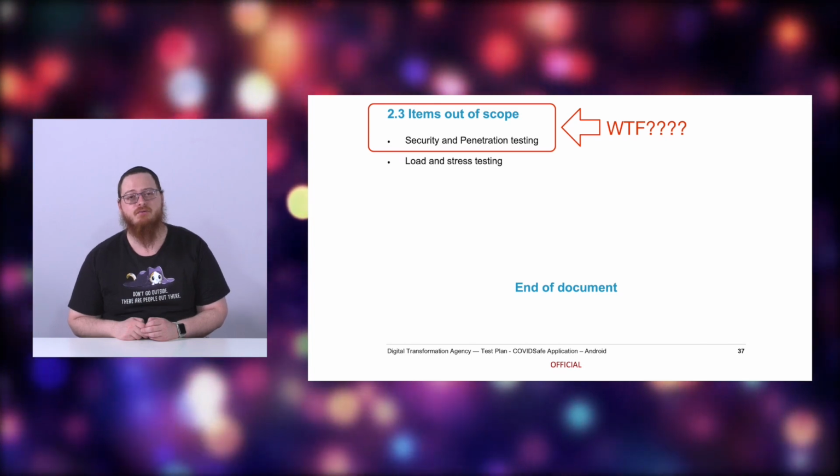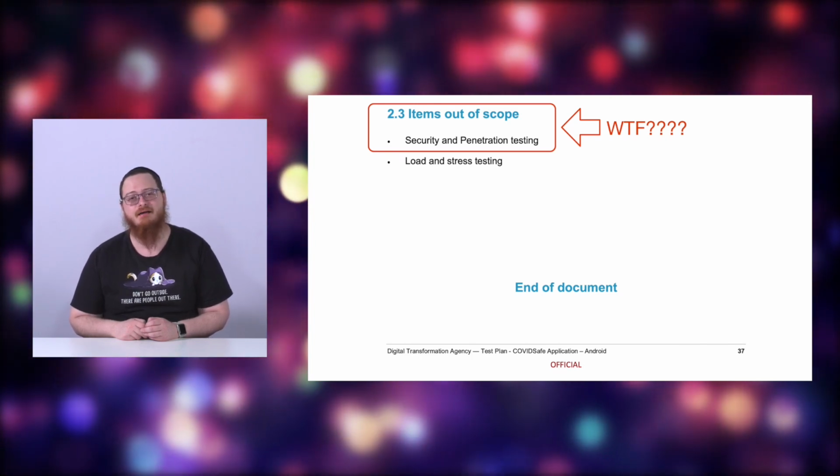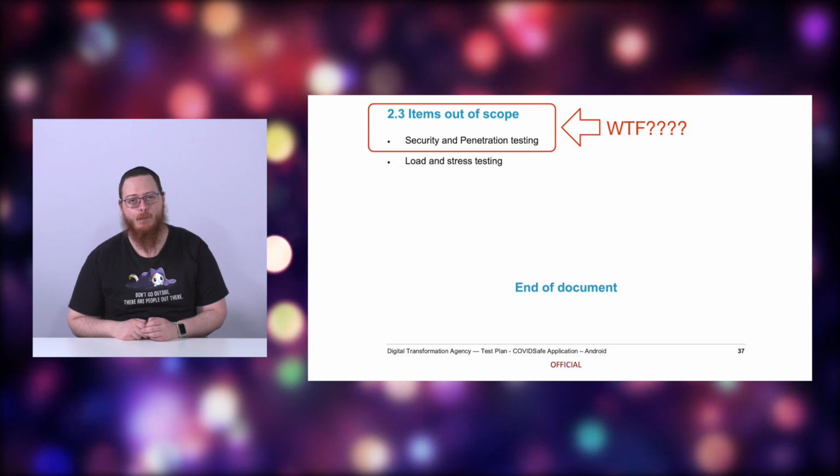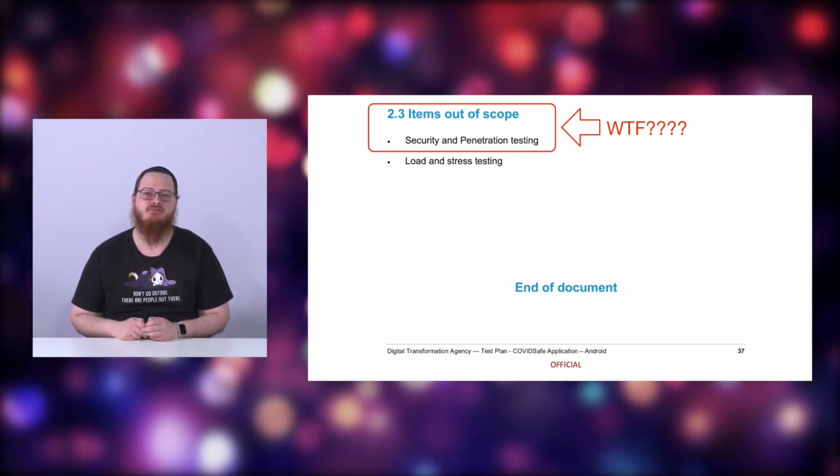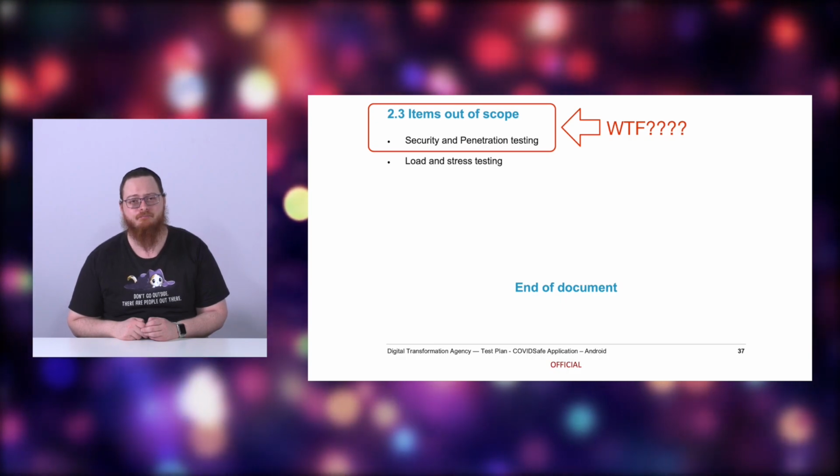But if you check out the government's own testing documents released to the Senate, they definitely didn't find any problems relating to security because they didn't even look. Aside from some other questionable items in their test plan, like items that recorded a pass but didn't record a result, if you scroll to the very bottom of it all, security testing is completely out of scope. Uh-oh. So let's have a look at a couple of the problems that the community found, but the DTA did